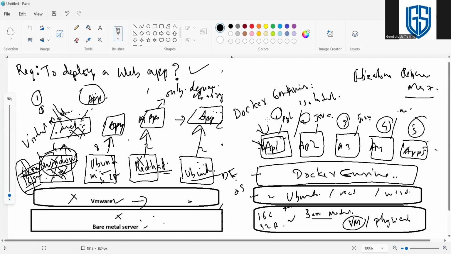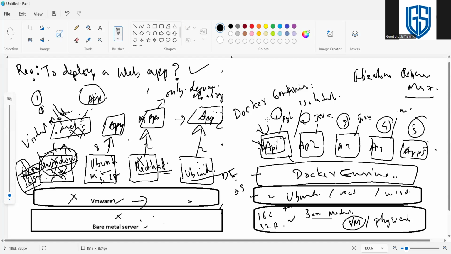Here the Docker engine decides which OS to use for each container, or do we need to choose? In the traditional setup we were using a separate OS and having the application in that. But here different applications will use the same OS, that is the base machine OS.